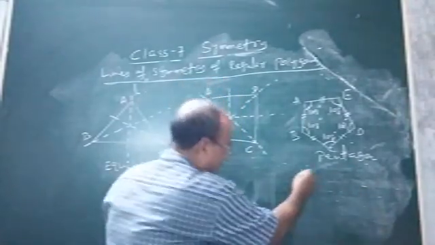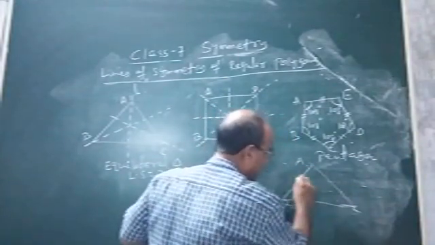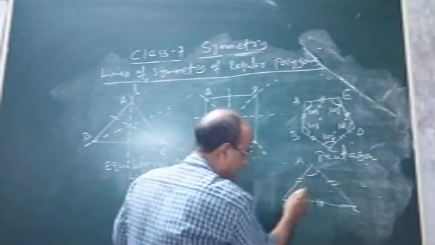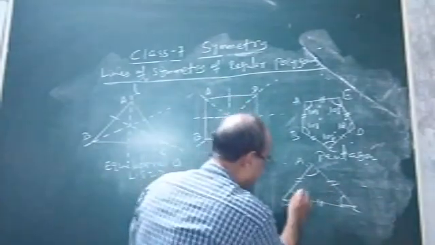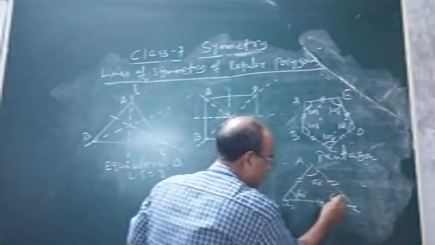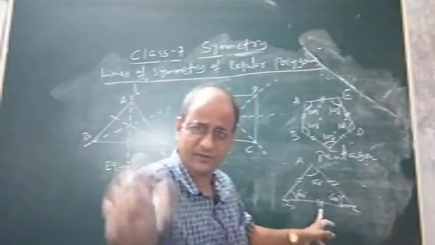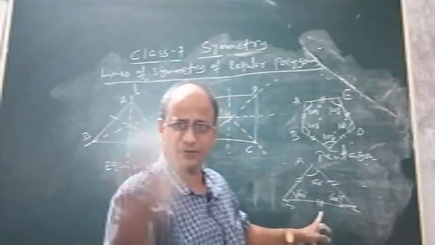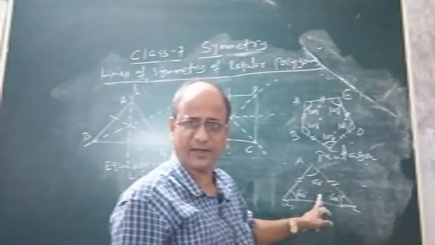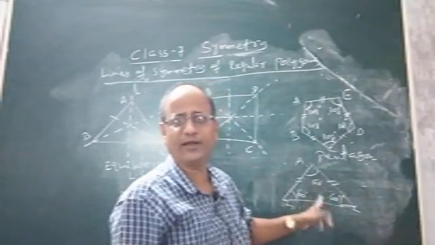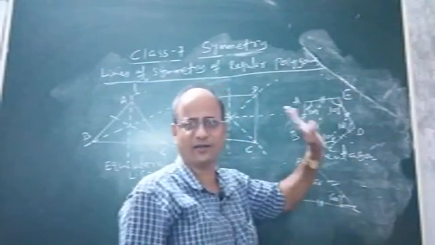Consider another case, a triangle ABC. Suppose this is an equilateral triangle. All sides are equal and each angle is 60 degrees. It is a polygon, as I just told you, the smallest polygon is the triangle, having the minimum number of sides, 3. So it is an equilateral triangle, and it is also a regular polygon. Why is it a regular polygon? Because all the 3 sides are equal and all the 3 interior angles are equal.